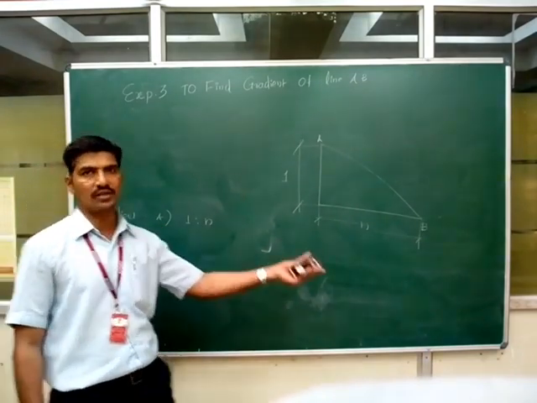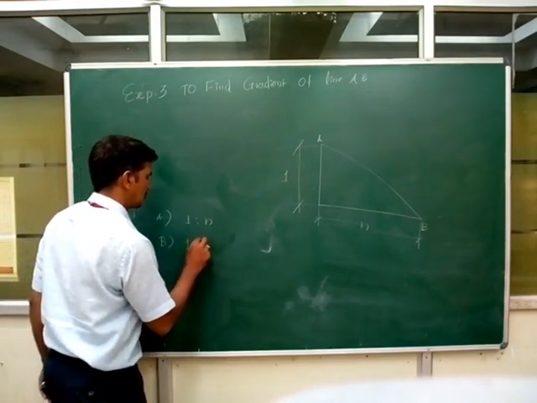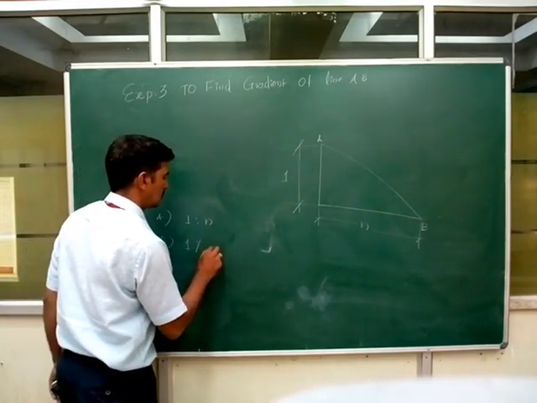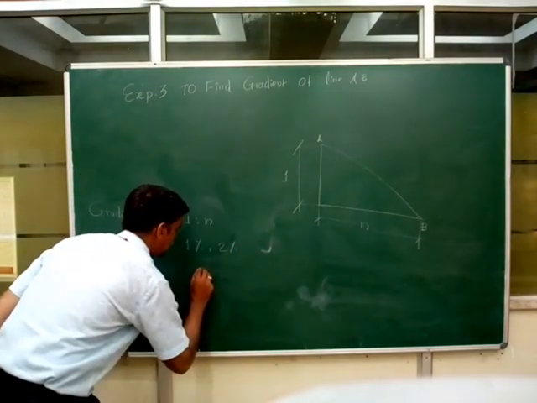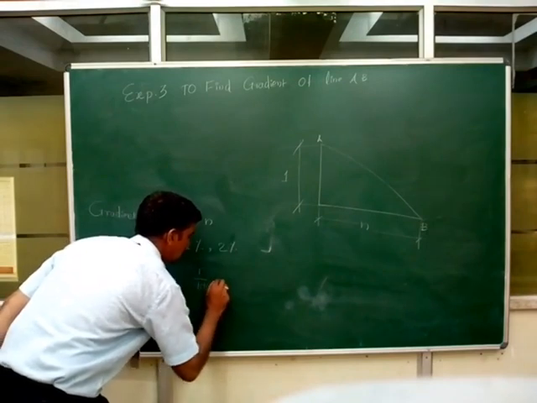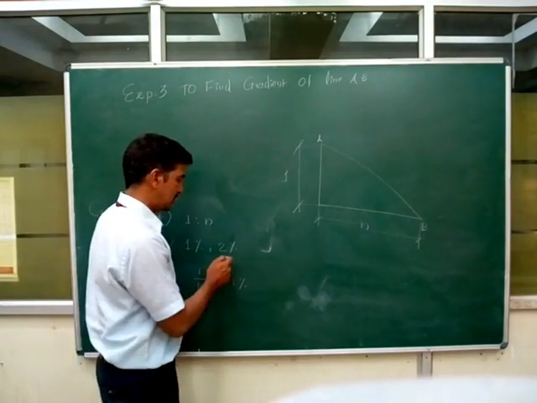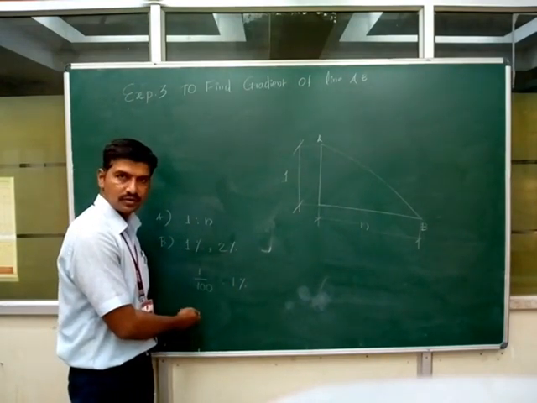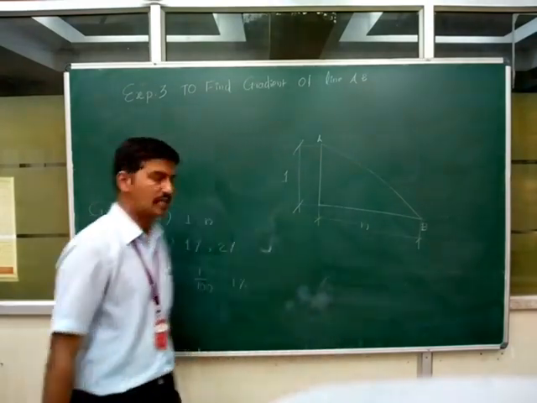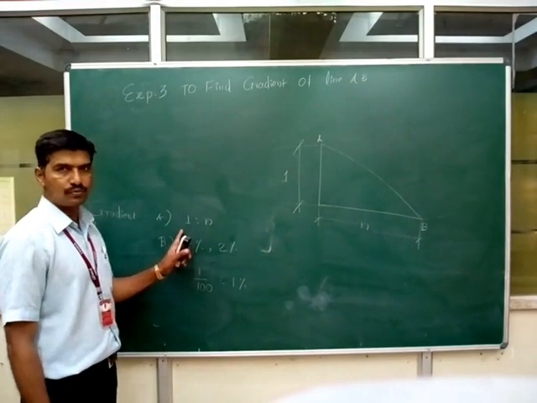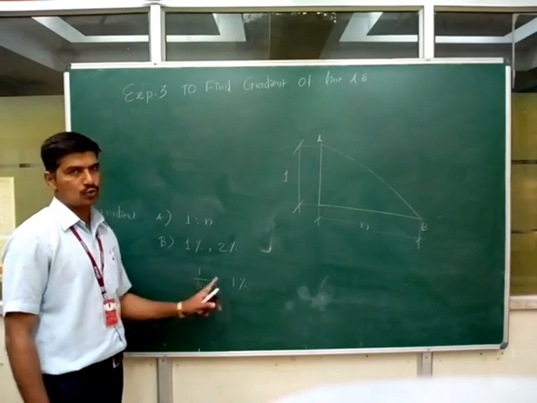One is 1 as to n and the second one is in terms of percentage, say 1%, say 2% and so on. What is 1%? 1% stands for 1 divided by 100. On the same line, 2% will be 2 upon 100. So likewise, we can express the gradient in terms of 1 as to n, where 1 is the vertical component and n is the horizontal component, or as 1%, 2%, that is 1 upon 100 and 2 upon 100.